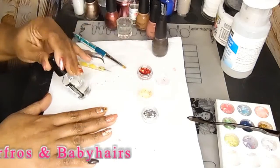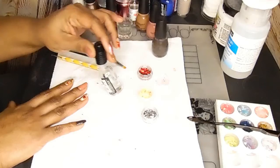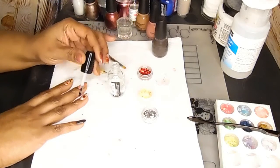All right, so right here, we're adding the third coat of top coat to the ring finger and index